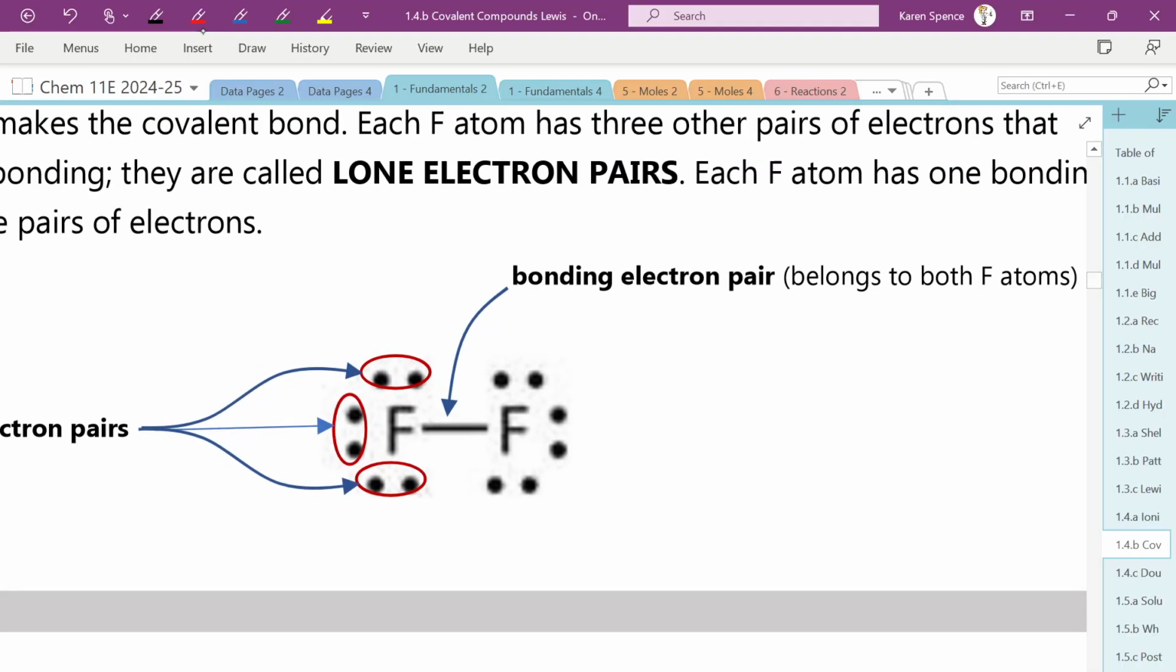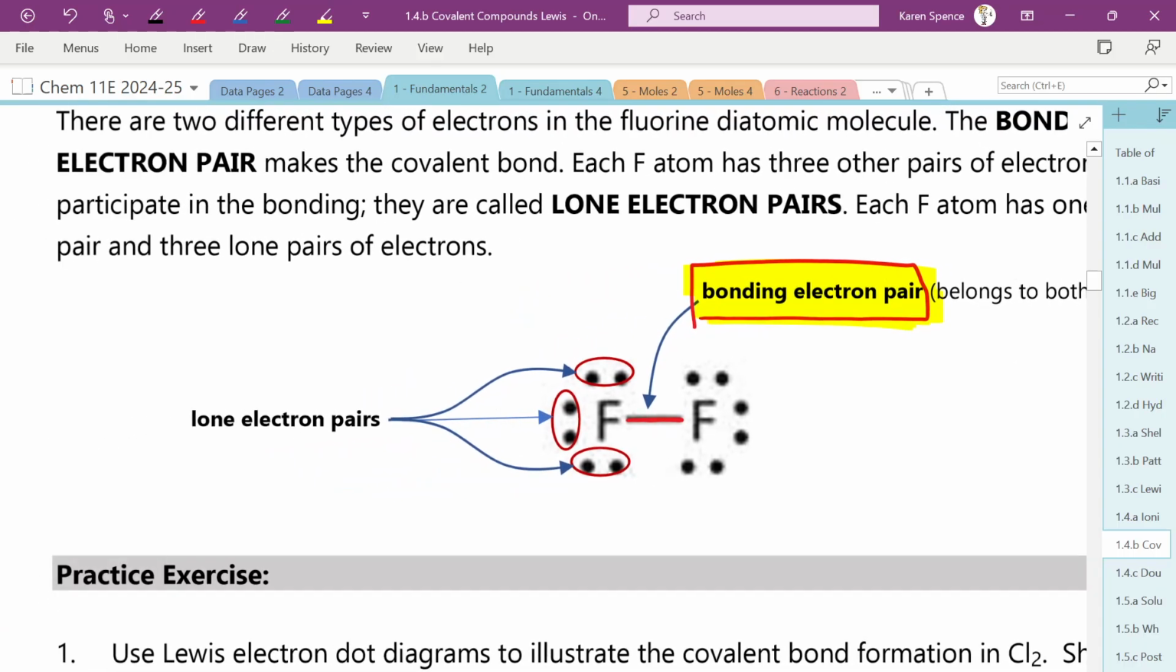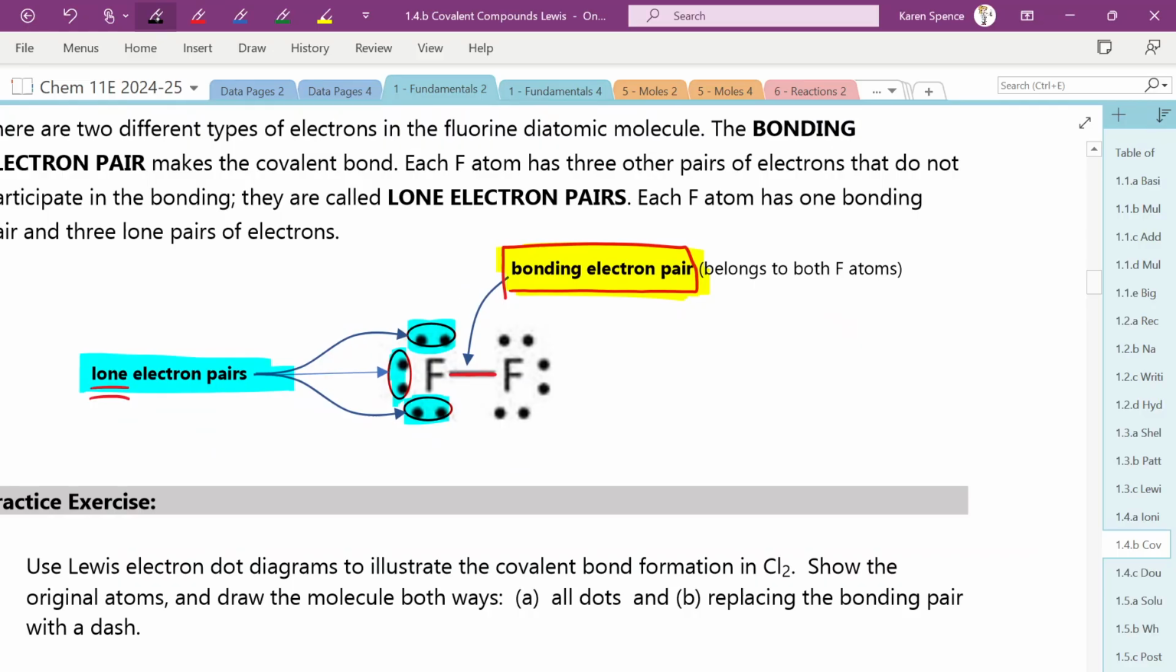When we have a pair that is part of a bond, we call it a bonding electron pair, or just a bonding pair. When we have a pair of electrons that is not involved in bonding, those are called lone electron pairs. So in this structure,